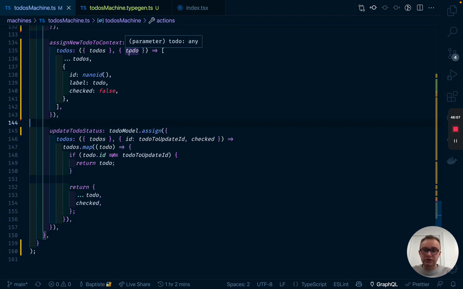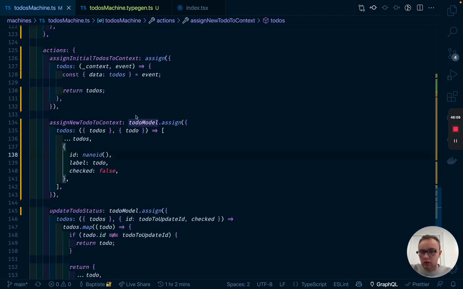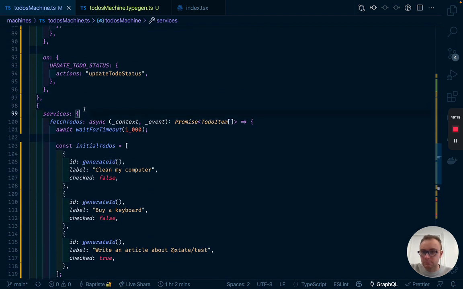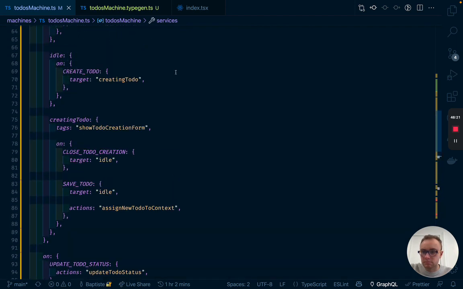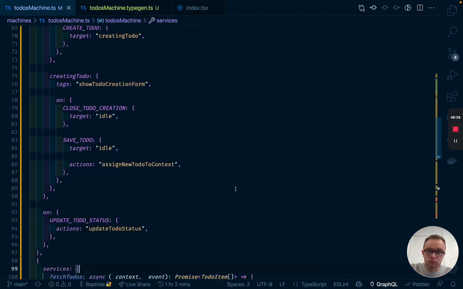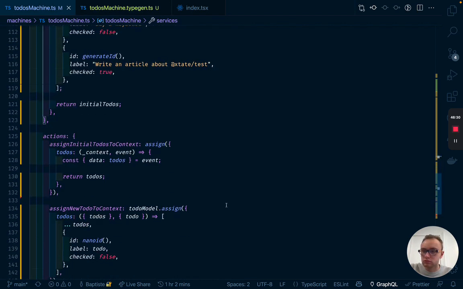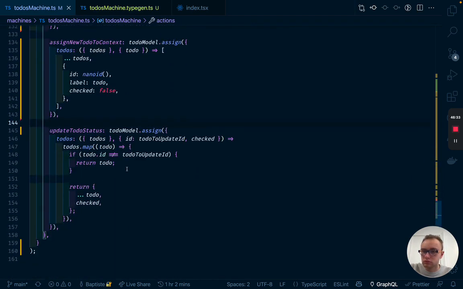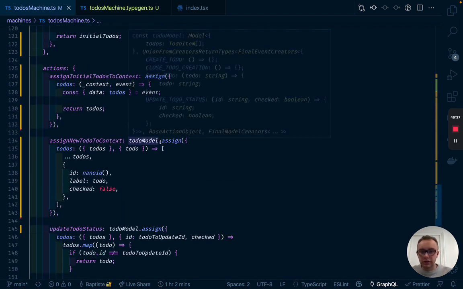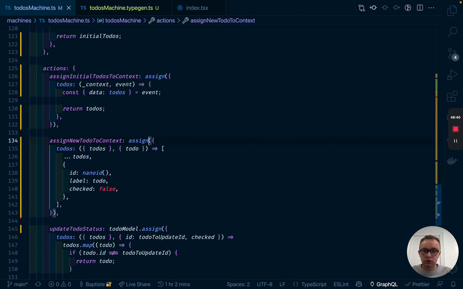And as you can see, why is todo not typed correctly? And if I try to remove todo model,